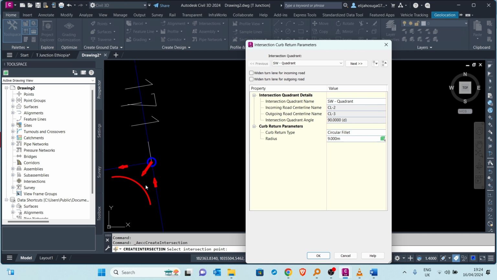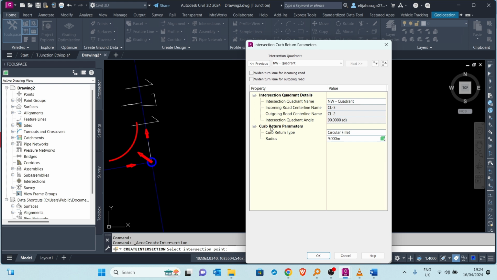It's showing us this is the radius we're talking about. And these parameters, you can get them from our manuals. Right now, I'll go with the 9 meter because it was not a very big radius when we saw it. So I'll go with the 9 meter and the 9 meter for both quadrants. And I'm not going to widen